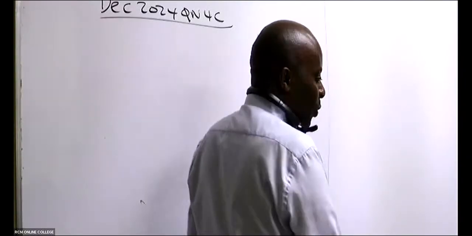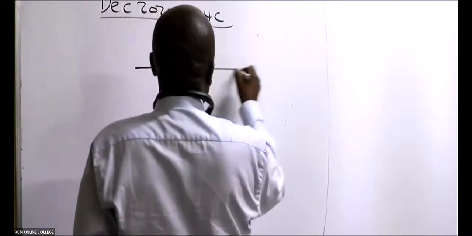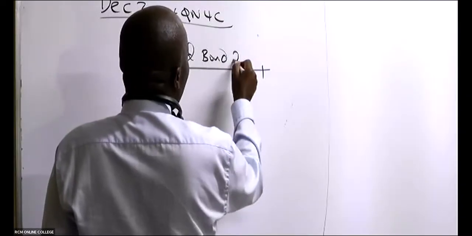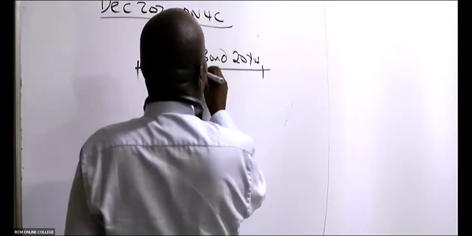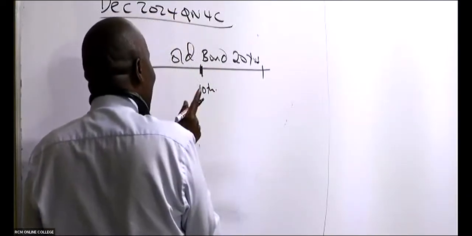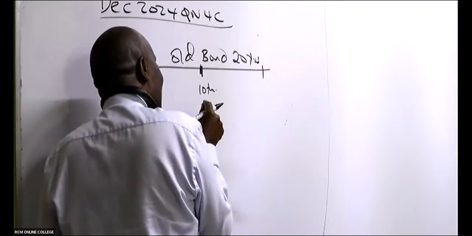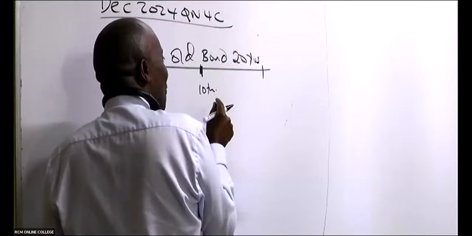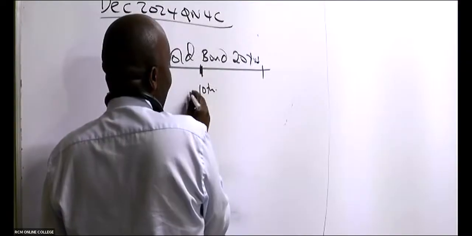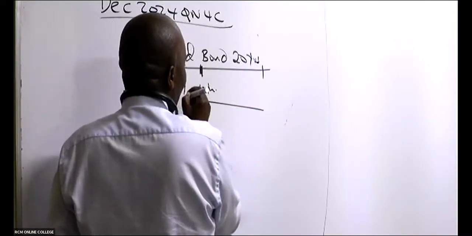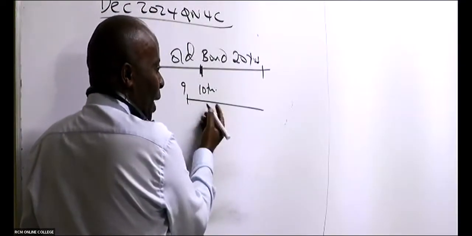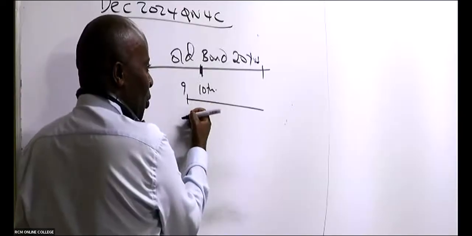Now, ladies and gentlemen, when you want to retire an old bond, say this old bond is supposed to run up to 20 years. In between, in the 10th year, you realize you've found a cheaper bond. So what am I supposed to do? I'm supposed to look for these new people to give me cheaper money. So for example, in year number 9, I will issue these new bonds out. When I issue the new bonds, I start getting new cash.